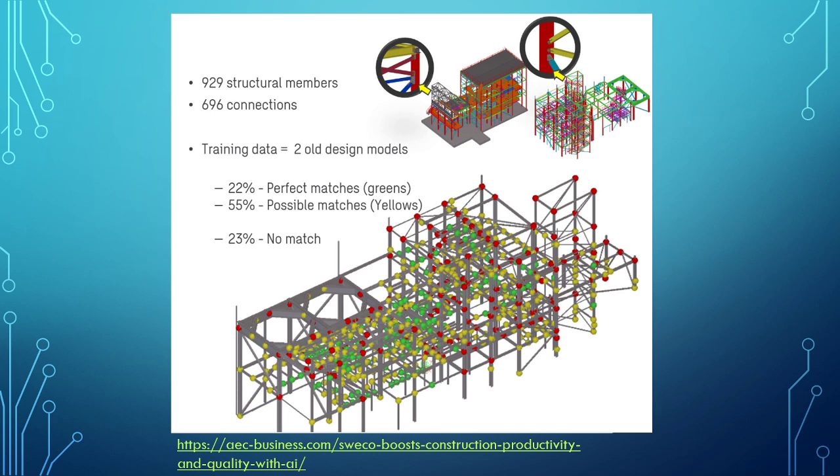It learned from those, and then it looked at the model itself, and then it made the connections. The article is really interesting, and one of the things they point out is all the time it takes to do this manually. And if you can even automate 22%, or in this example, 77%,